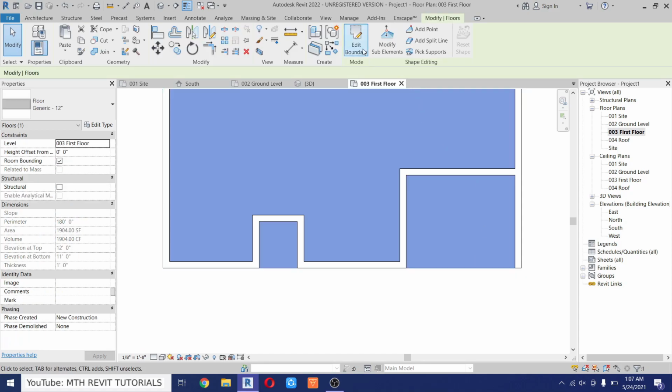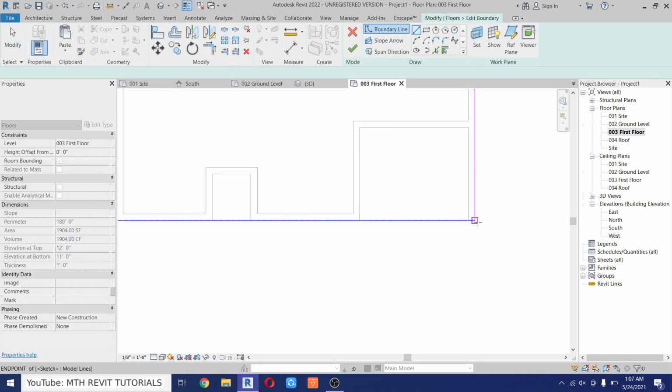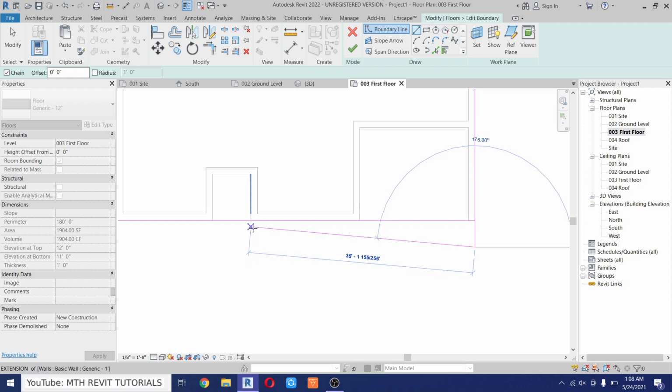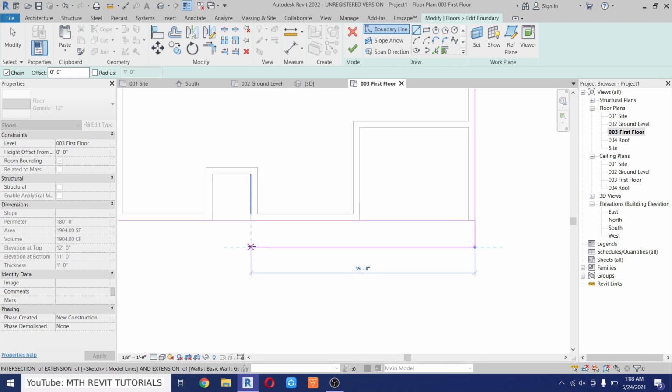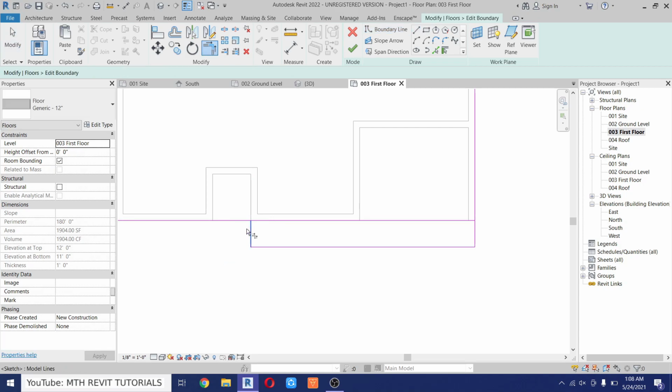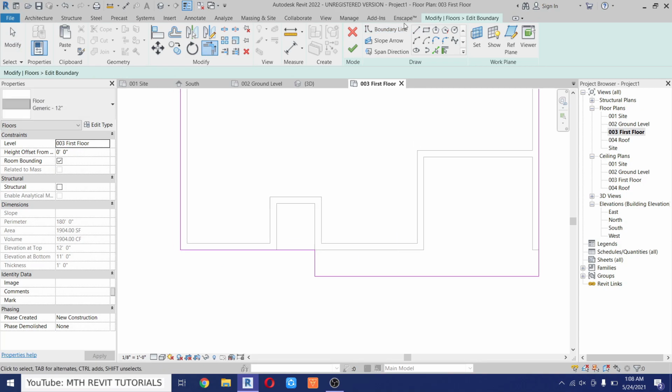Just select that, edit boundary, and we want to extend this around 4 feet, and here we want to make it until this opening here, and just join that here and use TR and just trim that extra line. Now click finish,